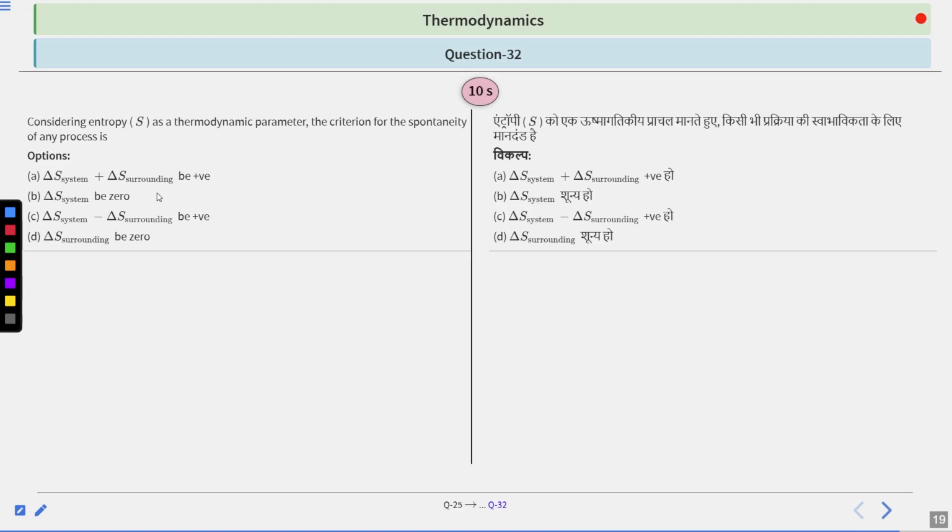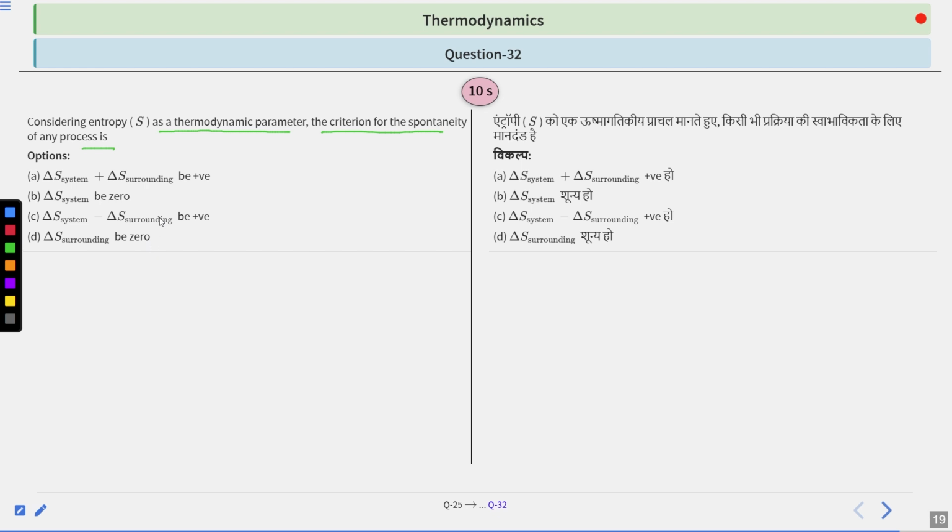Question number 32. Considering entropy as a thermodynamic parameter, the criteria for spontaneity of any process. Options are A, delta S system plus delta S surrounding be positive. B, delta S system be 0. C, delta S system minus delta S surrounding be positive. D, delta S surrounding be 0. So you have